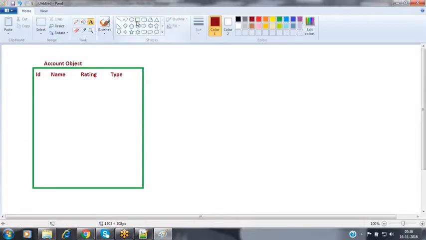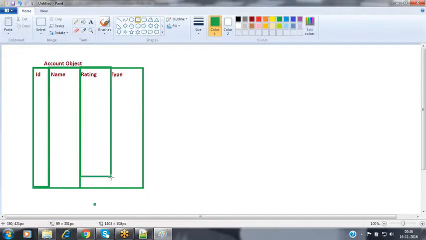These are the four columns inside my account object.